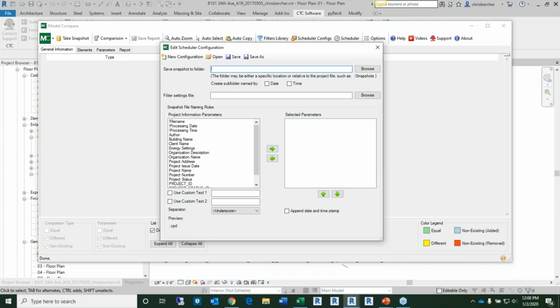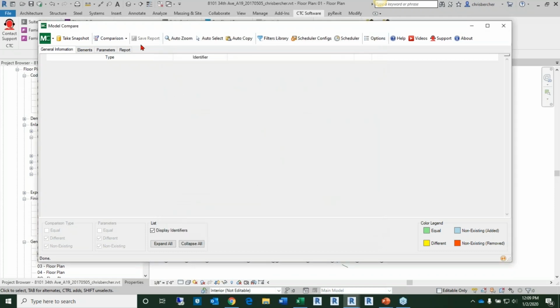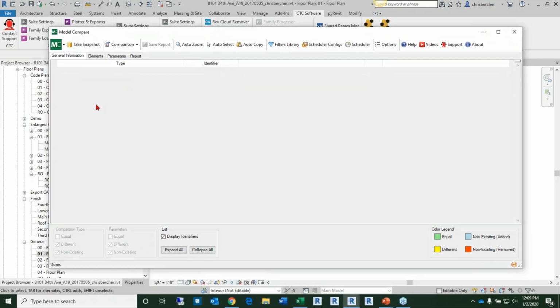If something accidentally disappears from the model, maybe we can find out when that happened and go back and try to recover that information. Or you receive a structural model from a consultant and you want to make sure that information is being updated correctly or in a timely fashion per your requests. So you can schedule this to run as often as you need to, or you can just run it on demand whenever you feel like it. So in this case, what I've done prior to us starting this session is I've gone ahead and run 2 snapshots already,